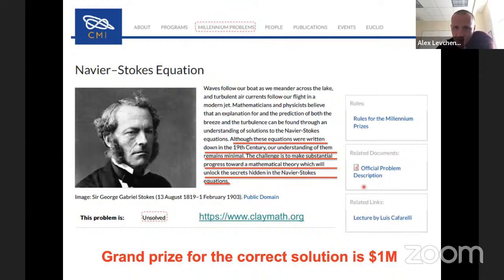So you need to click on this link here for the official problem description, and I wish you best of luck. Now, when you read it, it's very interesting how mathematicians view these topics. I don't think that for physicists, the concept of the Navier-Stokes equation would resonate as something fundamental. After all, we understand that these equations are certain approximations for certain things. But a couple of examples that I prepared for you would reinforce this thinking that indeed there are lots of very interesting things that are hidden in them, even at the classical level, that are quite surprising.